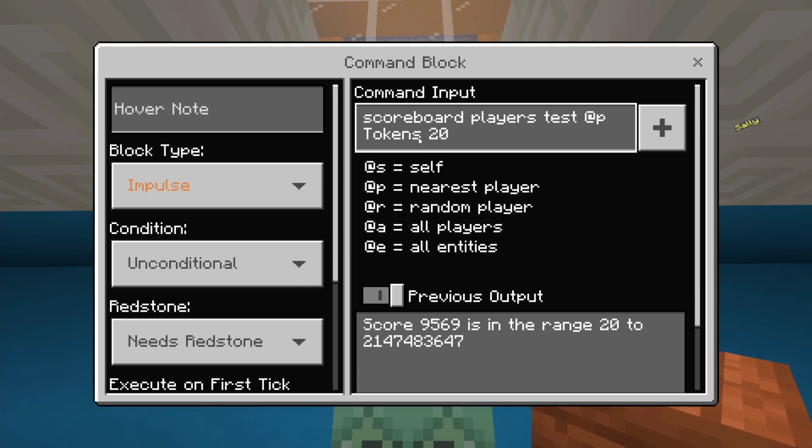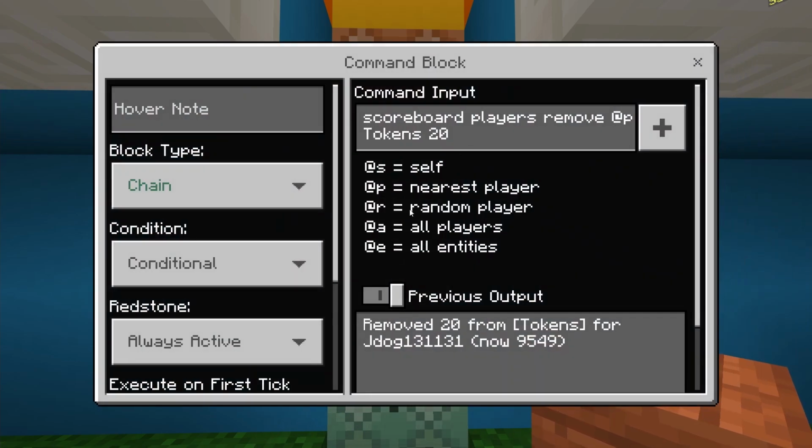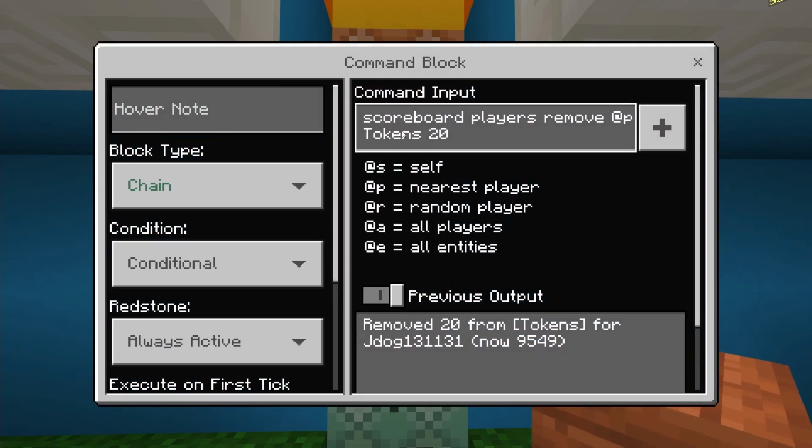Mine's called tokens. If you have coins, write coins, dollars, then you're going to add how much. So effectively we're going to be testing how much the player has. If they have 20, it will then go through to the next command block. If they don't, it won't. That's because it's a chain conditional always active. And at this point, if it has gone through and they do have that much, we're going to do a